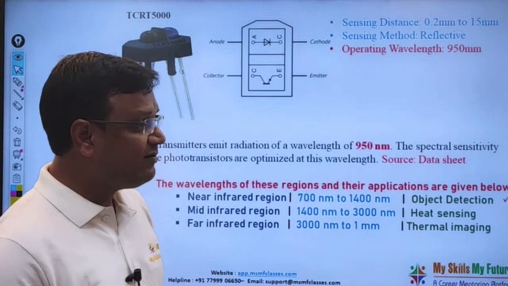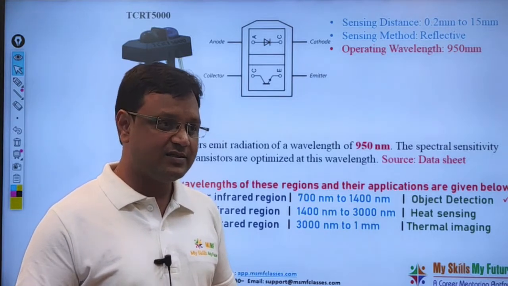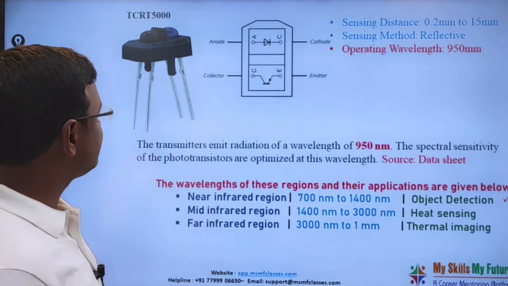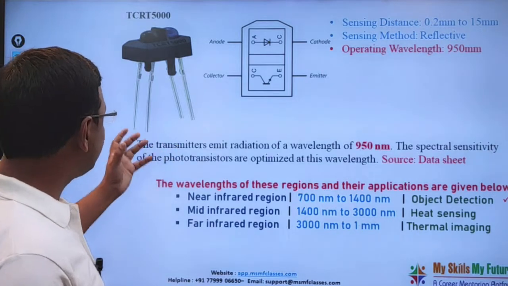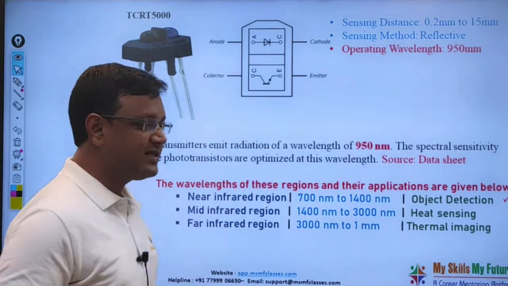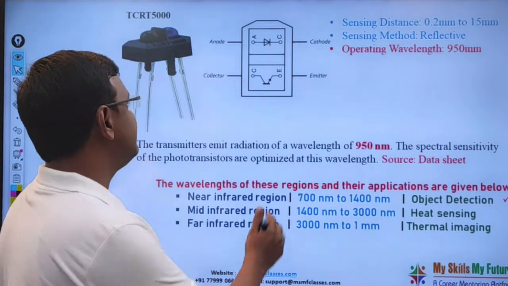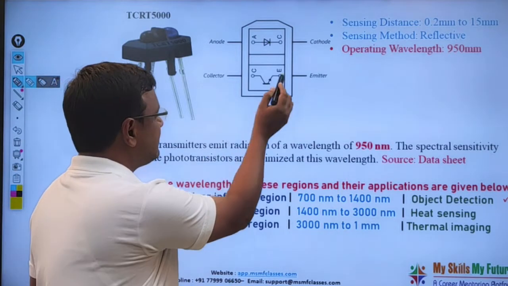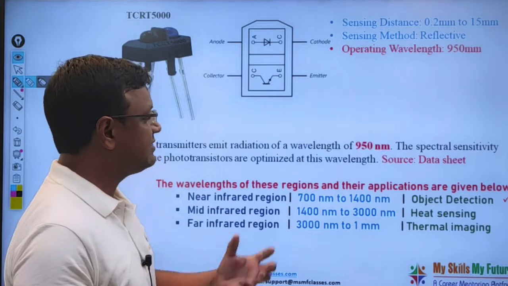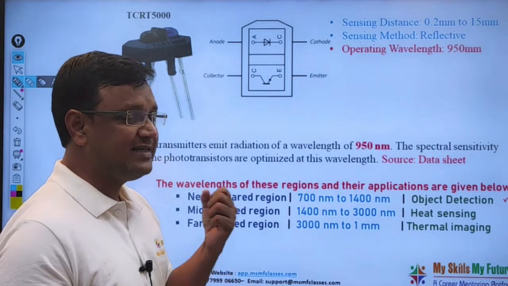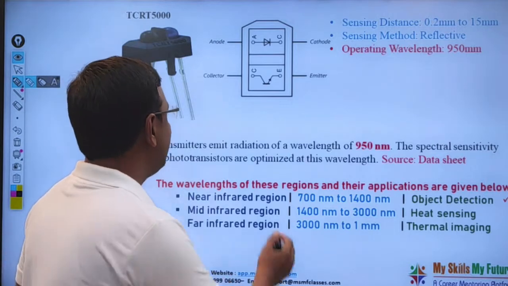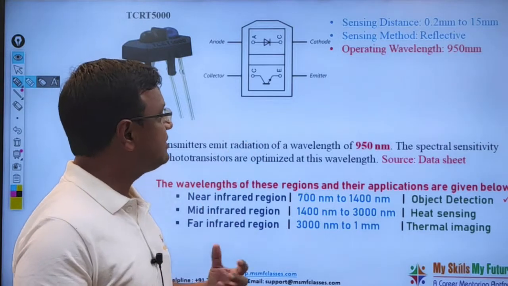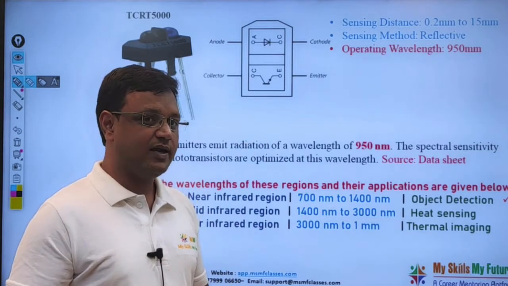So I have considered two IR sensors that are available in the market. The first one is TCRT5000. This is one sensor. You can see the image of that sensor. It has 4 pins, and this is a schematic diagram of the same sensor. You can see there is an anode and a cathode here, and then this other section is a phototransistor, which is always a receiver. It acts as a receiver and receives the reflected IR light, and it has a collector pin and an emitter pin. Because it's a transistor but there is no base pin. The base is open for receiving the infrared light, right?